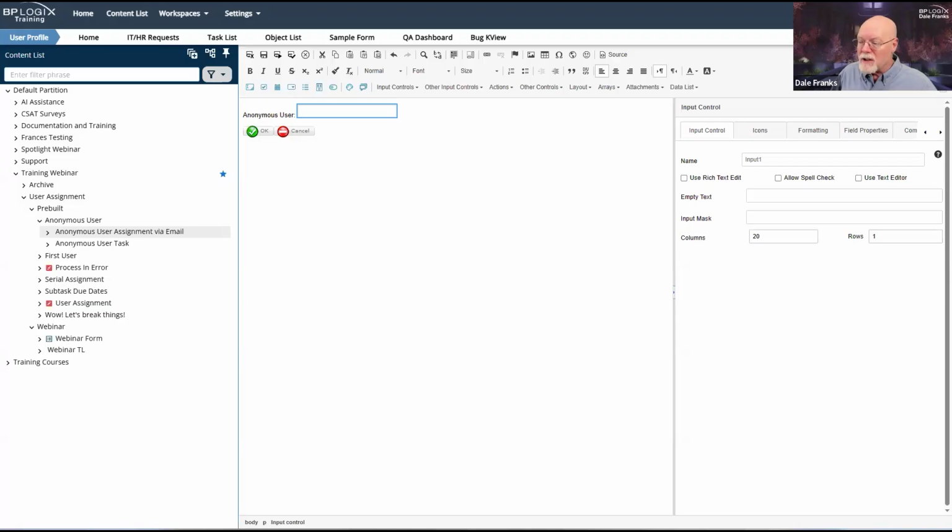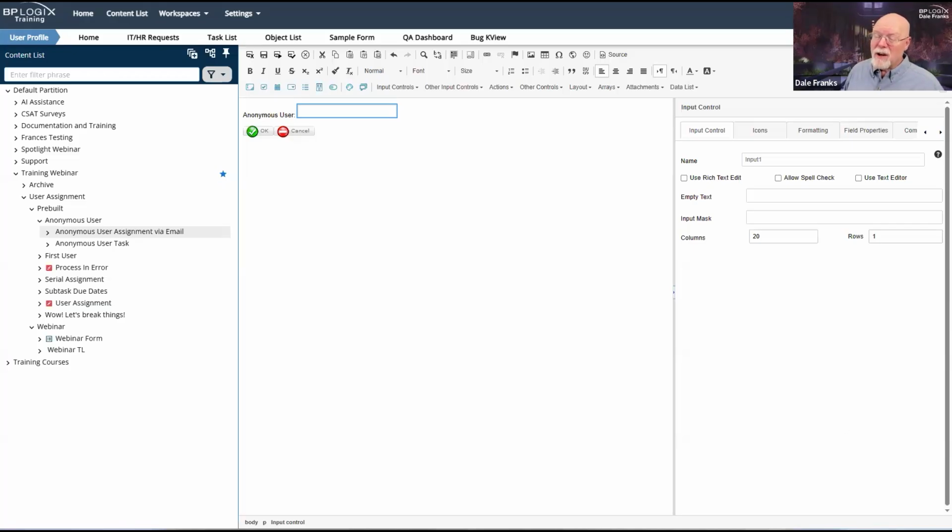So I think it's fair to say that under normal circumstances, anonymous users only interact with the form through task assignment. And I think in probably 99-ish% of use cases, that is how you would want them, and the only way that you would want them to interact with the form. But the permission system in Process Director would enable you to allow them to see the form as long as you could pass them the appropriate link to that form. So it is possible. You just generally don't do it.